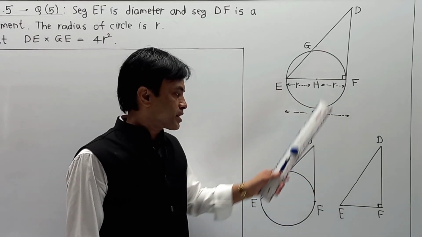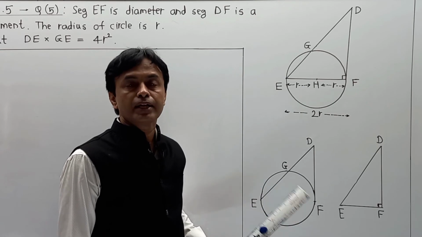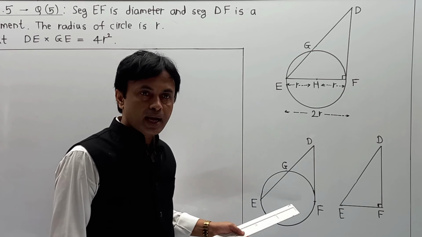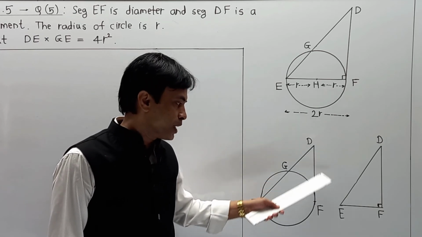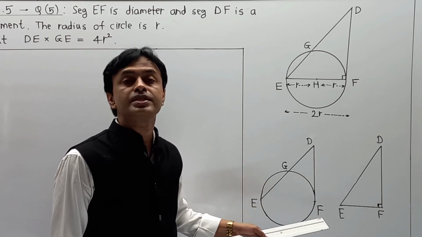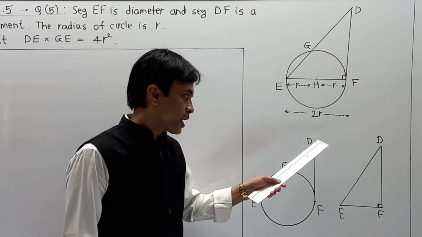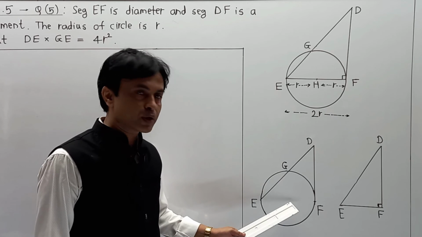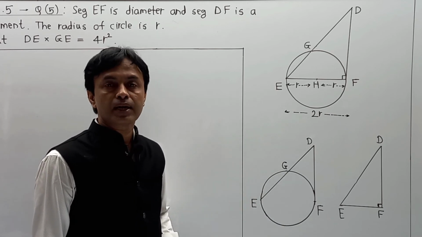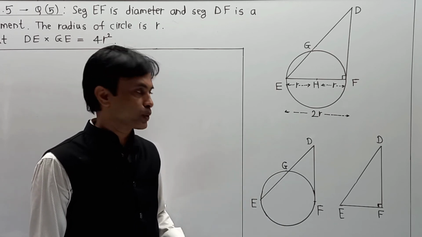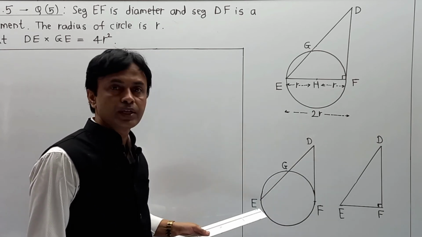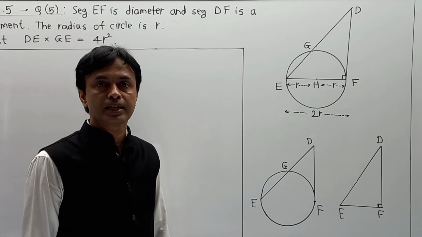Now, as per discussion, we have drawn one diagram over here and you have to understand that part very carefully. First, in diagram number 1, I have kept only DF, which is nothing but the tangent to the circle, and DGE, which is nothing but the secant of the circle. So, I have drawn the first part, and as per the tangent secant theorem, we know that DF square is equal to DG into DE. It is nothing but the tangent secant theorem.